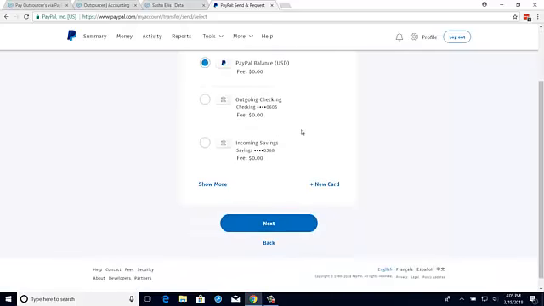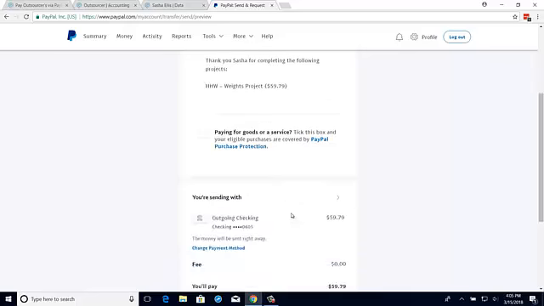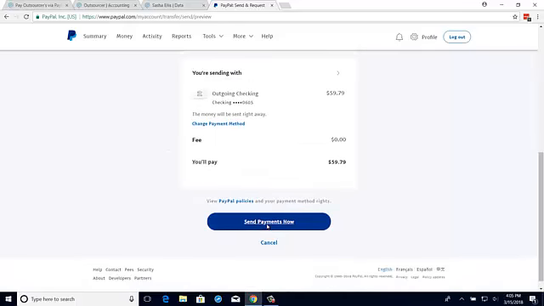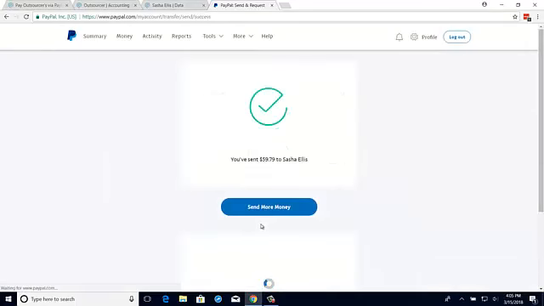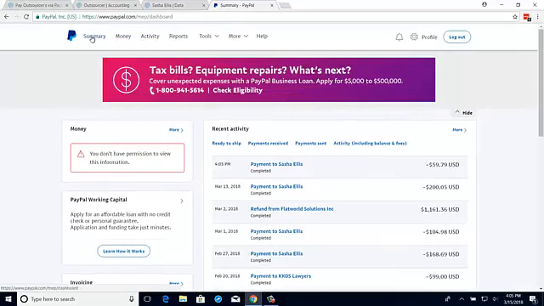and then I will click outgoing checking, next, send payment. Awesome. Okay, so the next thing that you're going to have to do is go into the summary webpage. So right here,